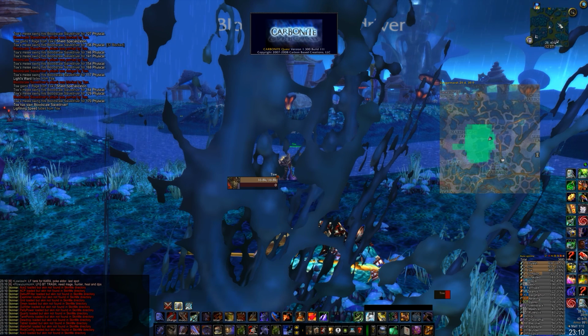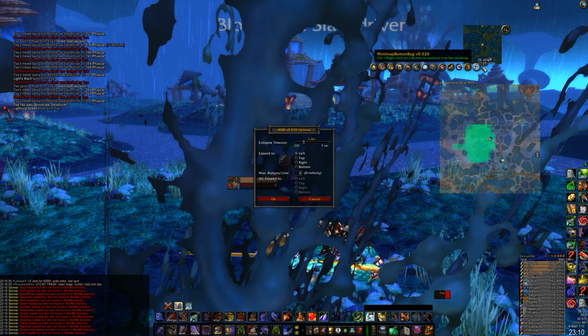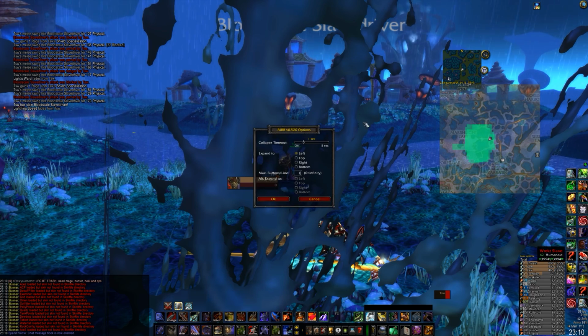Oh, so here we see all my clutter has disappeared and now all I have is this one thing, and when I left click on it I see all of it. So I can just drag it into this side and then it makes my minimap look way cleaner. It'd be nice if I could just take it off the side a bit. Can I do this? Max buttons, Alt expand to...